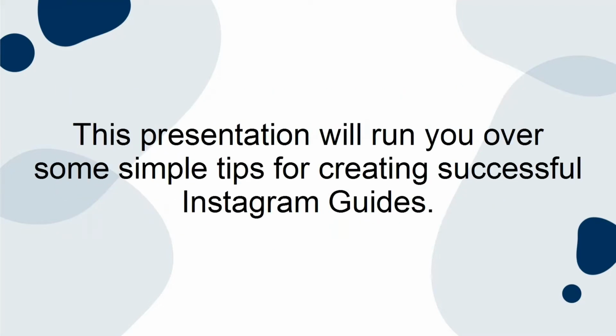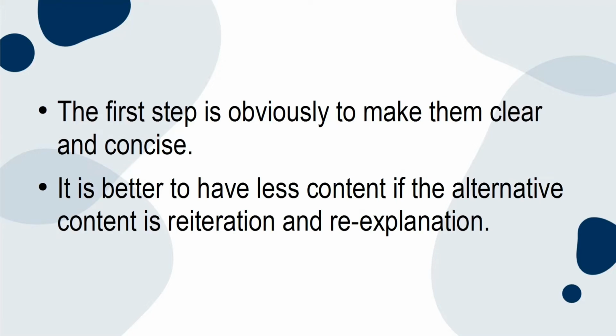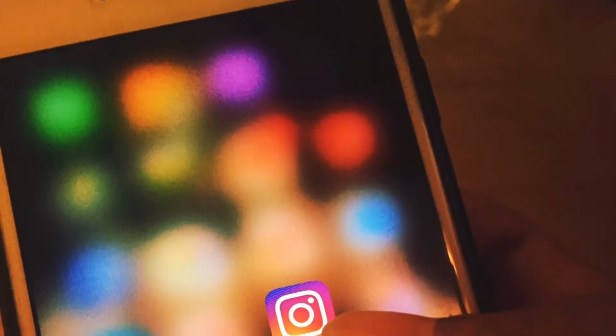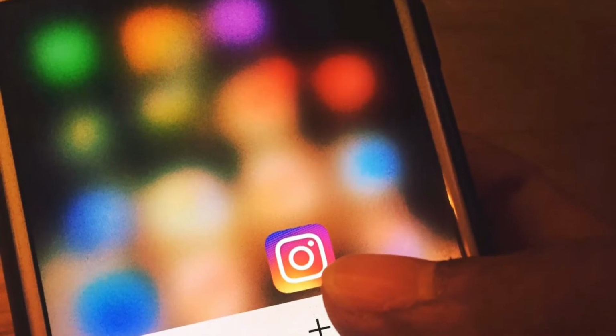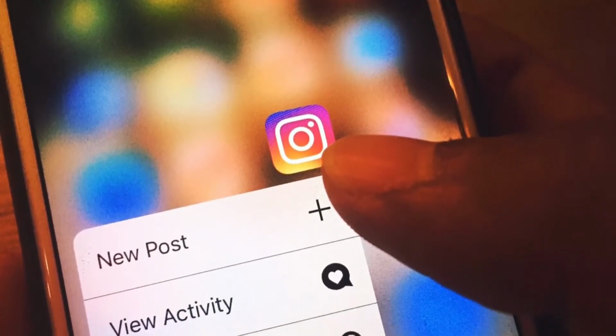This presentation will run you over some simple tips for creating successful Instagram guides. The first step is obviously to make them clear and concise. It is better to have less content if the alternative is reiteration and re-explanation. Do not just ramble on for the sake of it. Have a relevant title, succinct headings, and appropriate descriptions, as well as making sure you're not cluttering it up by